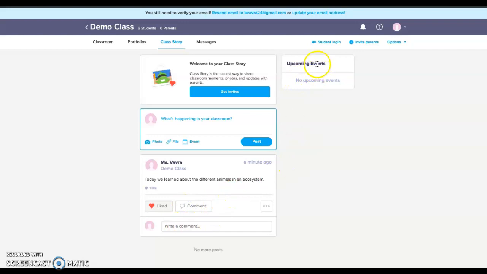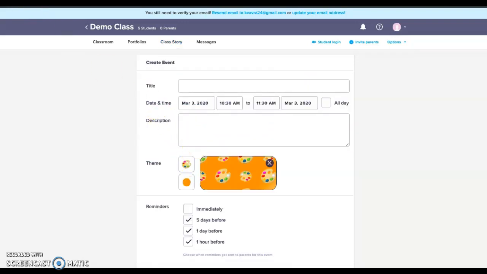And you can also do upcoming events on this site. It kind of looks like a Twitter post. You can create events, and then you can